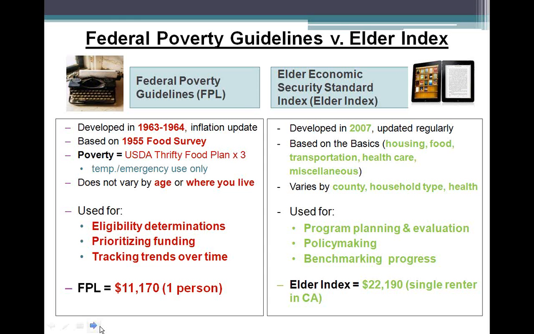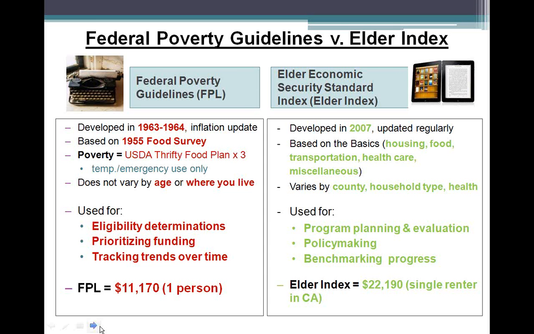So the Elder Index is actually part of a national movement that started in the early to mid-2000s. And we, at the Insight Center, have partnered with Wider Opportunities for Women in D.C. to really take a look at what it really costs older adults to make ends meet. And in order to do that, we really need to look at the difference in geographical costs to meeting your basic needs. And so in 2007, we developed, in partnership with UCLA Center for Health Policy Research, the California version